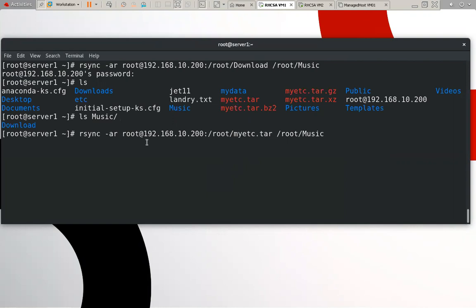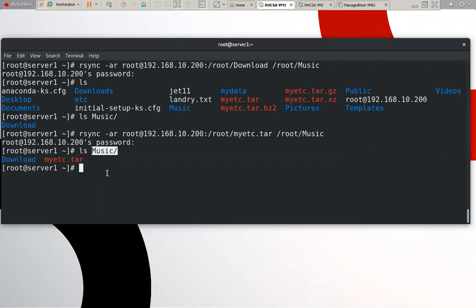From this particular remote location, we want to copy this file to this particular location. At this time, it has only the download folder. So now you can check this myetc.tar file is also available in the music folder.